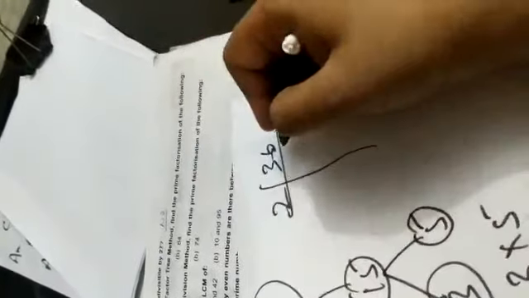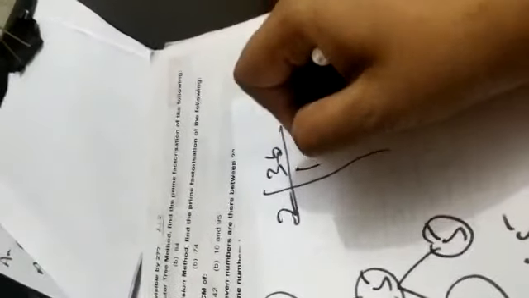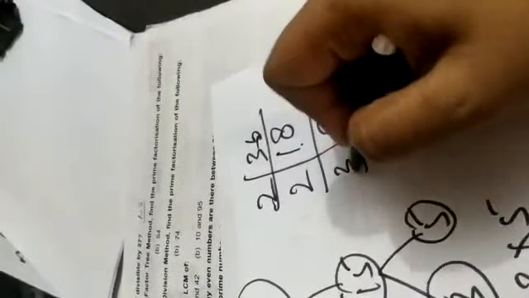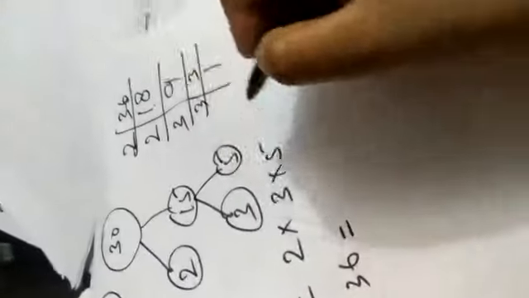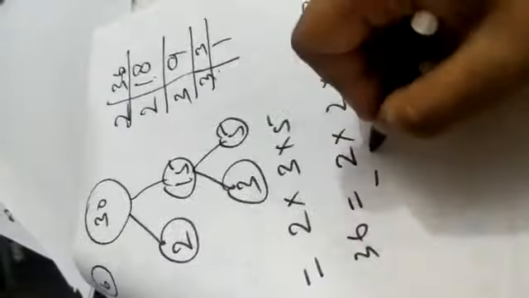Now in question 7, division method, find the prime factorization of 36. So simple, we use the division method like this. 36 is a composite number, we divide by 2. So it is 18. 18 is the quotient, again we divide by 2, 9. Then divide by 3, 3. Divide by 3, 1. So here the prime factorization of 36 is 2 into 2 into 3 into 3. This is the method by division method.